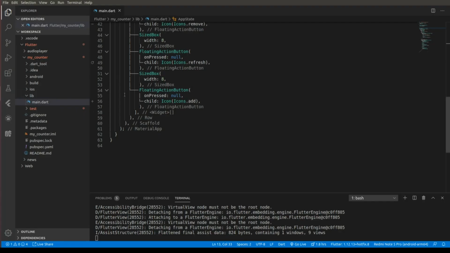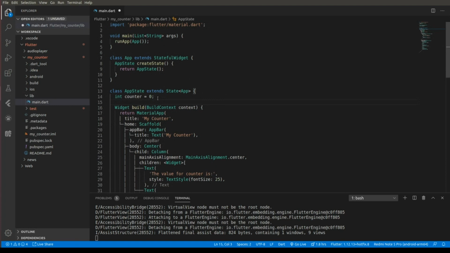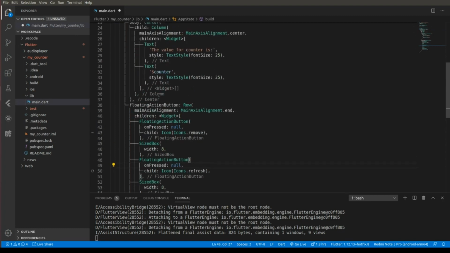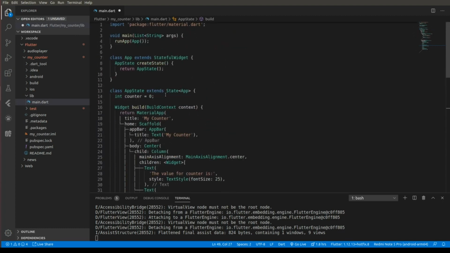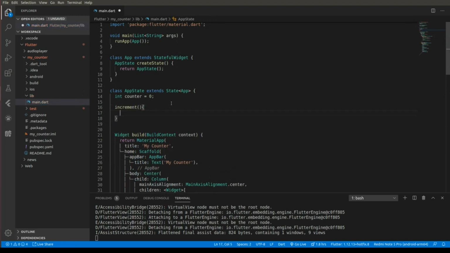So we have our data over here. The counter is already here. All we need to do now is assign some functions to the onPressed properties of the floating action buttons. So let's first define some functions. Let's define an increment function, and what it will do is